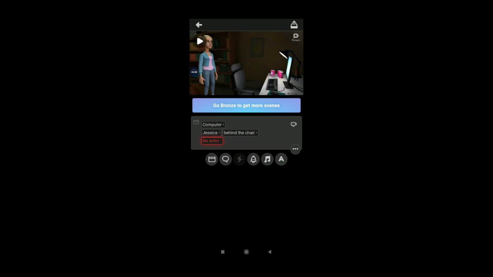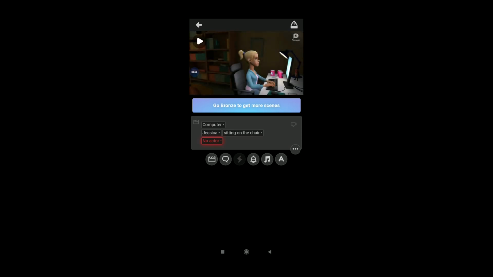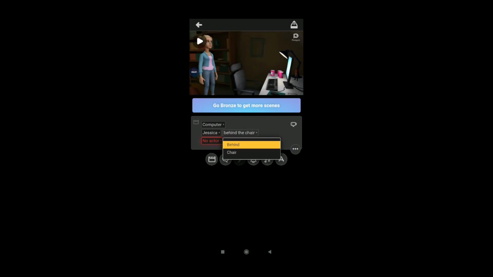Just look here, behind the chair. By clicking that option, we can change the position of the character. Now she is sitting on the chair. Just click on sitting on the chair. We can also bring her behind the chair. So we can change the position of this character.